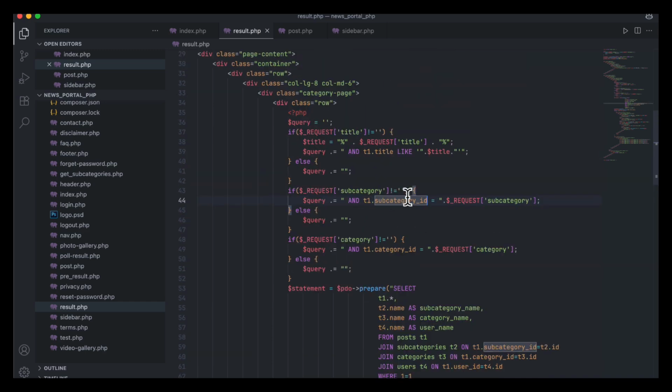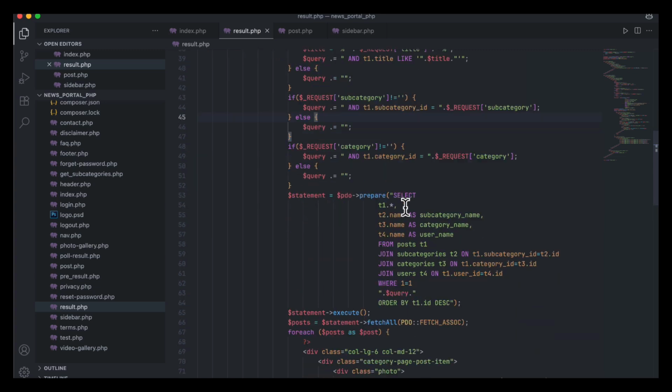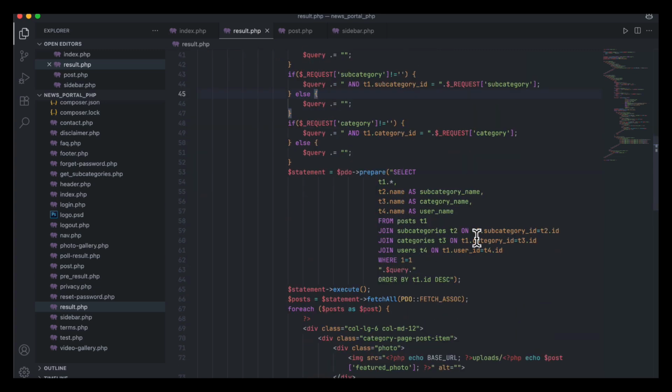So t1.subcategory id, where I am going to check it, and t1.subcategory id into where my main thing is post. So in the post table I am going to check t1 dot, that means post table dot subcategory id,